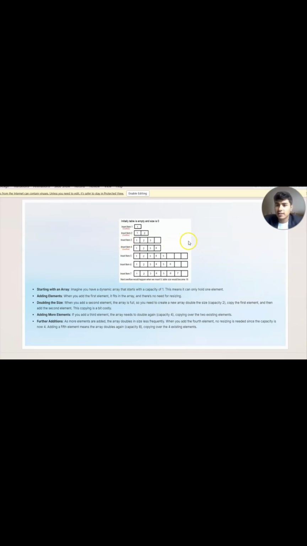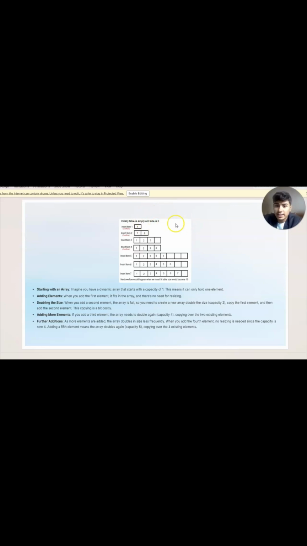Now let's see an example here. We have taken a dynamic array with one element capacity. While adding the first element, we did not need to resize it. It got directly added.